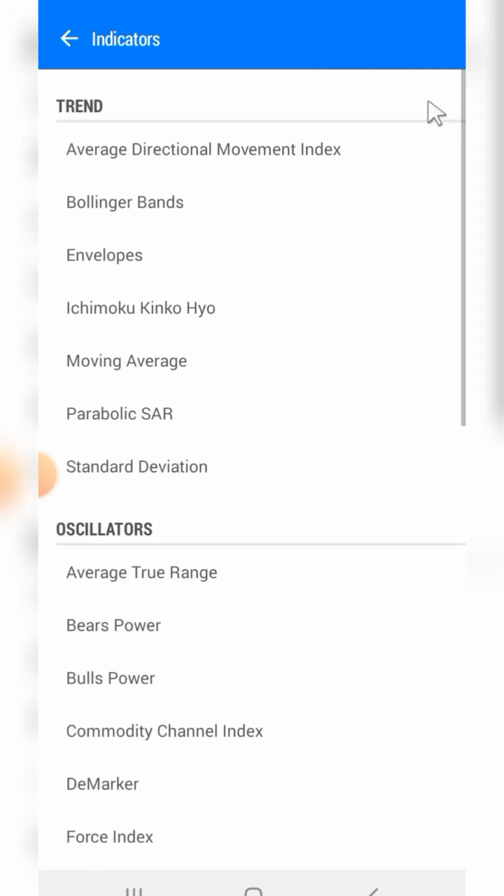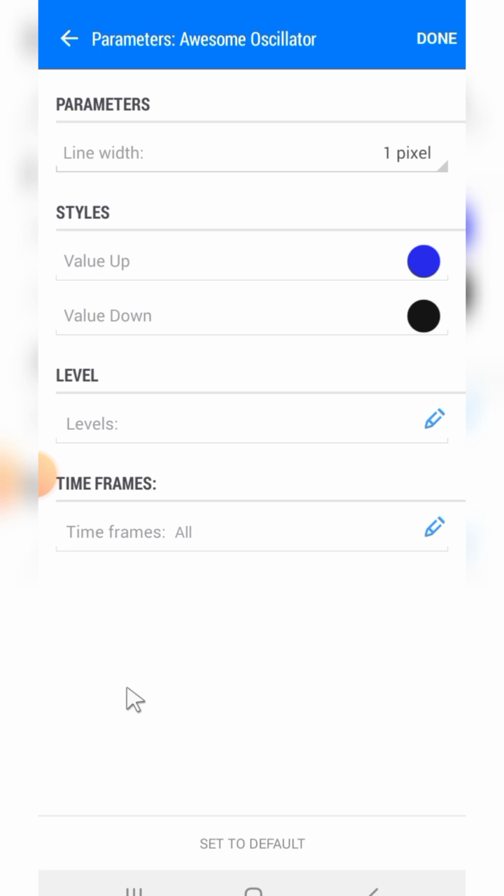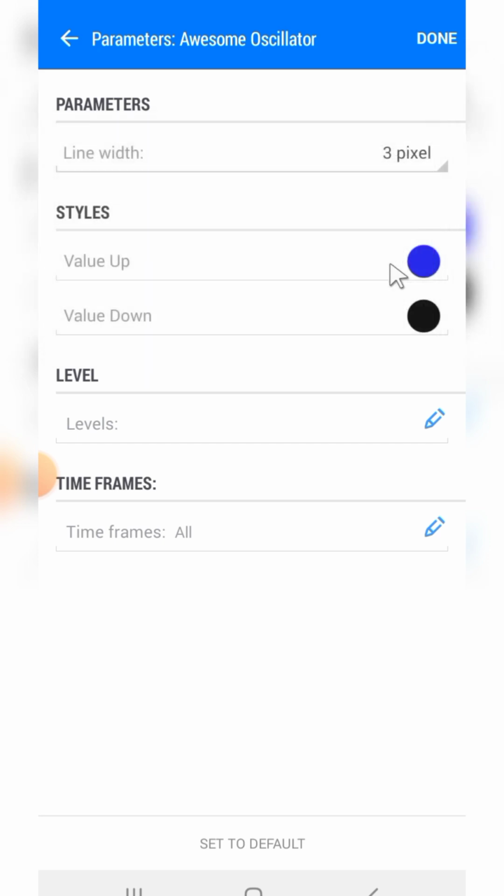Let's say I want to add one of my favorite oscillators, the Oxum oscillator. So this is it. This is the Oxum oscillator here. Click on it. If I don't have any settings to do, or probably I want to increase the pixel, maybe to 3, click on it,